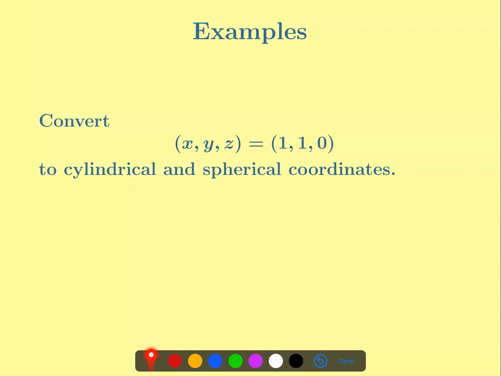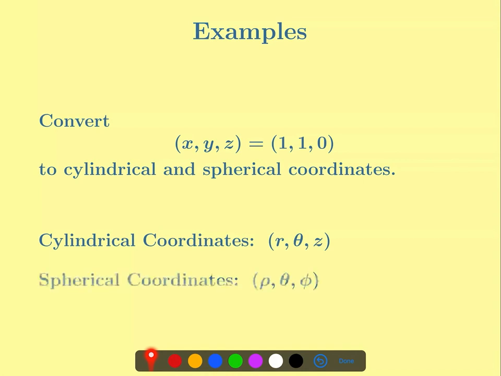Well, one thing that's important to know is how we write these in different coordinate systems. In cylindrical coordinates, we write r, theta, z, and in spherical coordinates, we write rho, theta, phi. I have seen some books do rho, phi, theta, so both of those occur in books. This one, to me, seems to be the most common, the rho, theta, phi, and that's what we're going to use. So let's look at this point. If I want to write this in cylindrical coordinates,